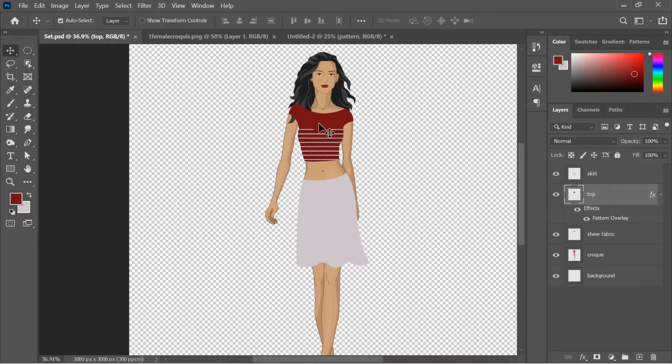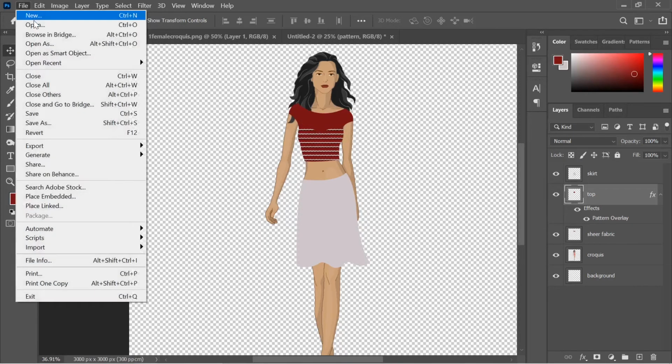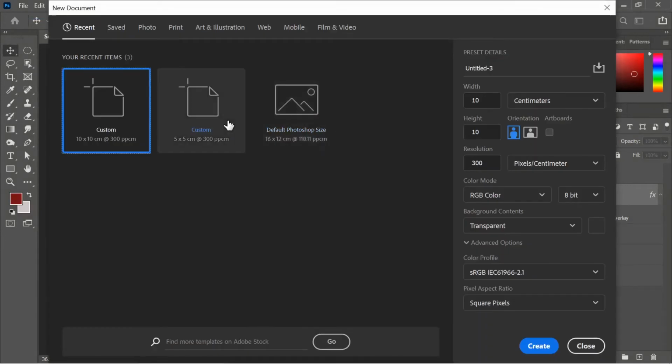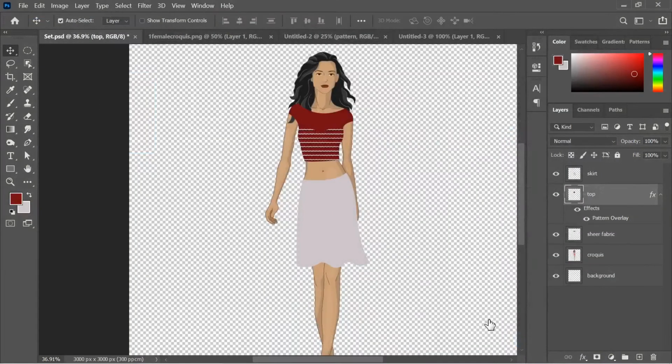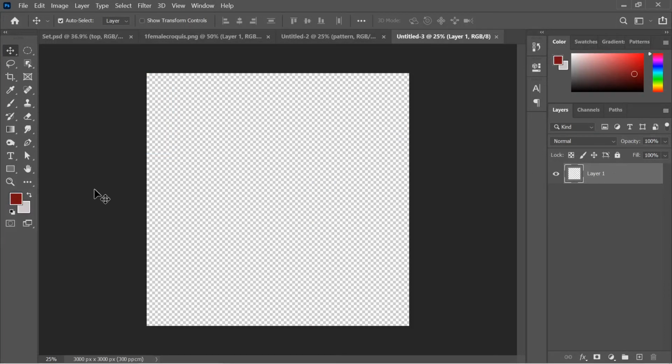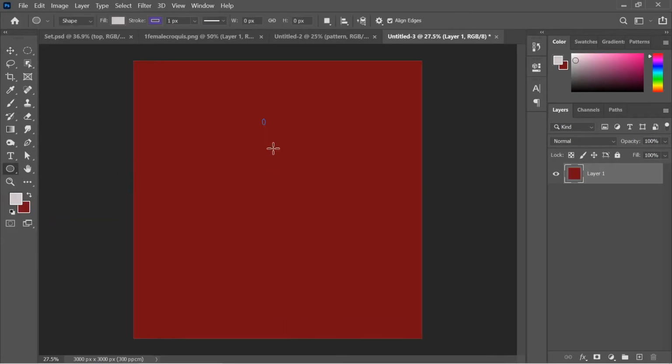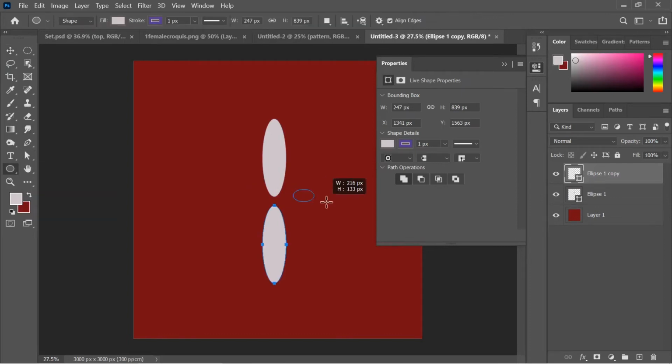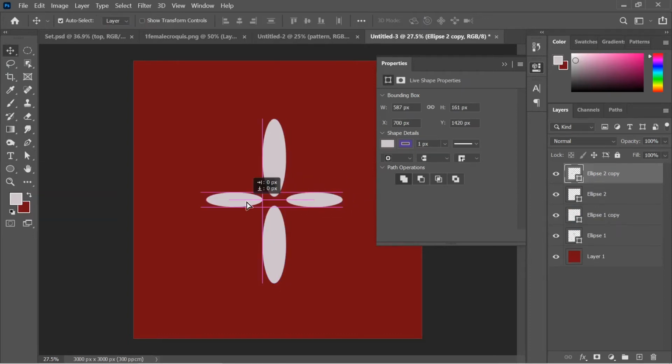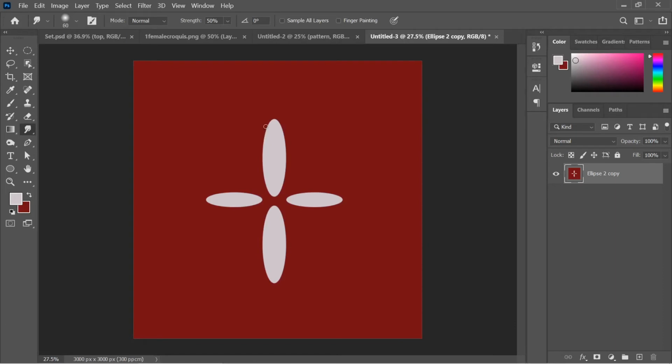Next, we are going to create a pattern for this portion, which is going to be in a sheer effect. Again, open a new file. Make sure this is in the center of the screen.